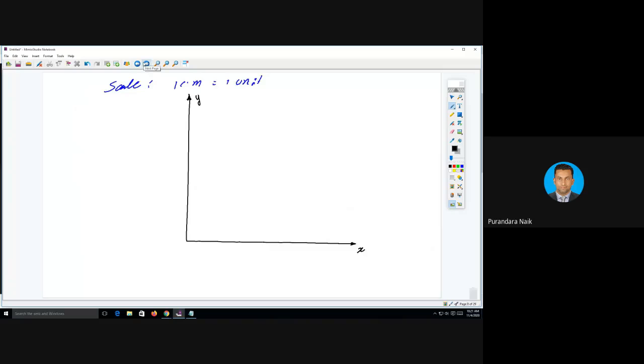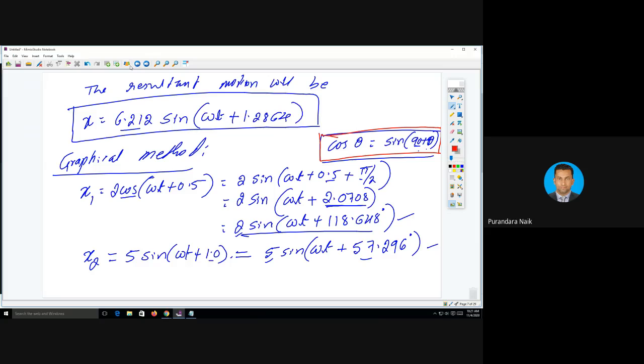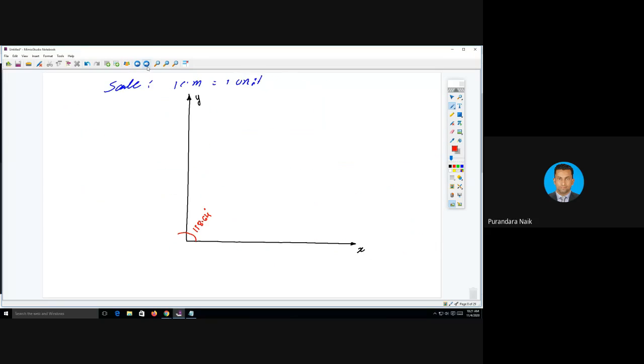First you take the 118.648 angle. I am going to measure the angle 118.648 degree for the first SHM, so measure this angle,